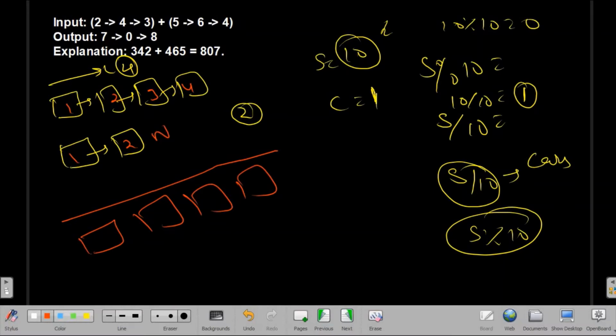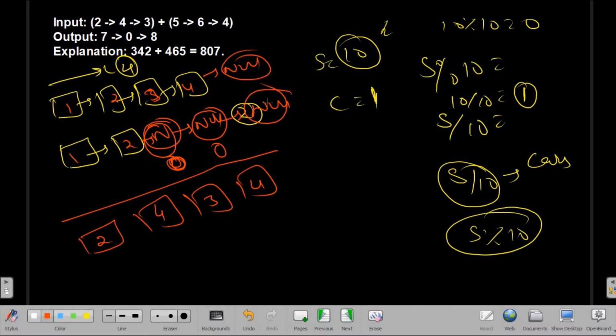Because here the linked list is pointing to null, whenever we get null, we'll just return 0. So here 1 plus 1 is 2, here 4, and when we have 3 and the other list is pointing to null, I will return 0 where the null is pointing, and from here I will get 3 and 4, and here it is null and here also it's null at the end. So when both of the lists are pointing to null, I will return, that is the end.